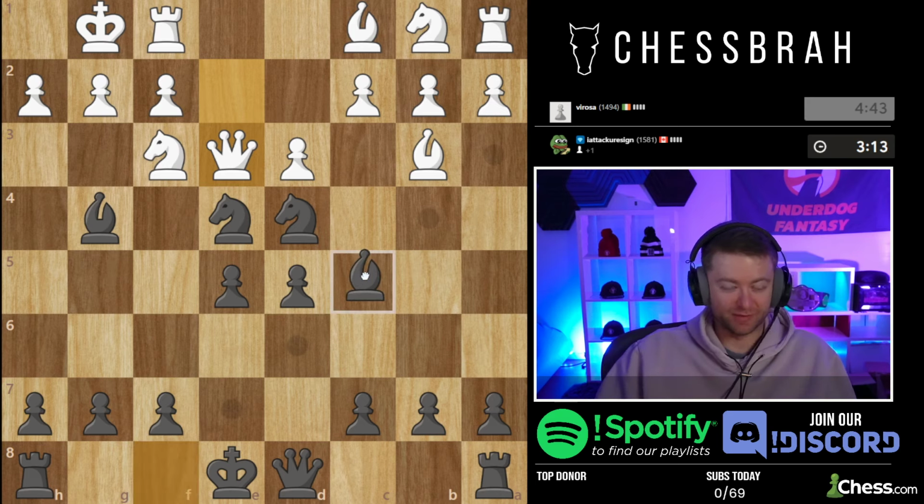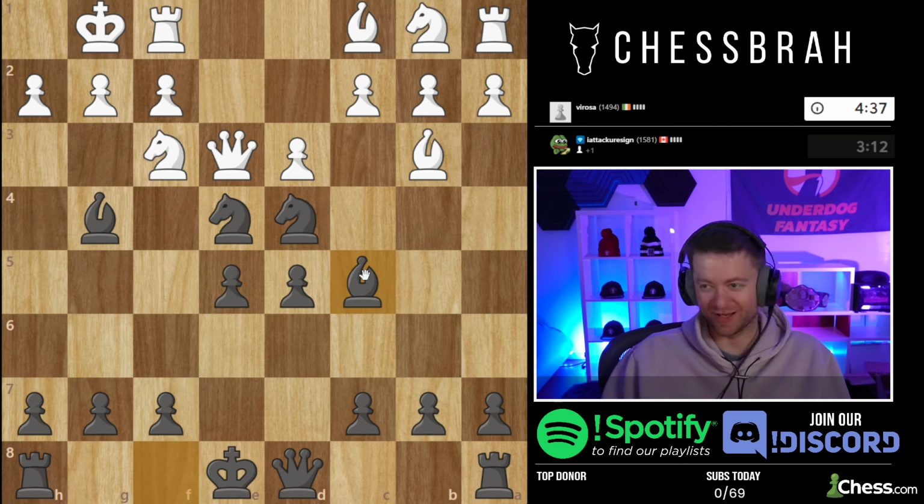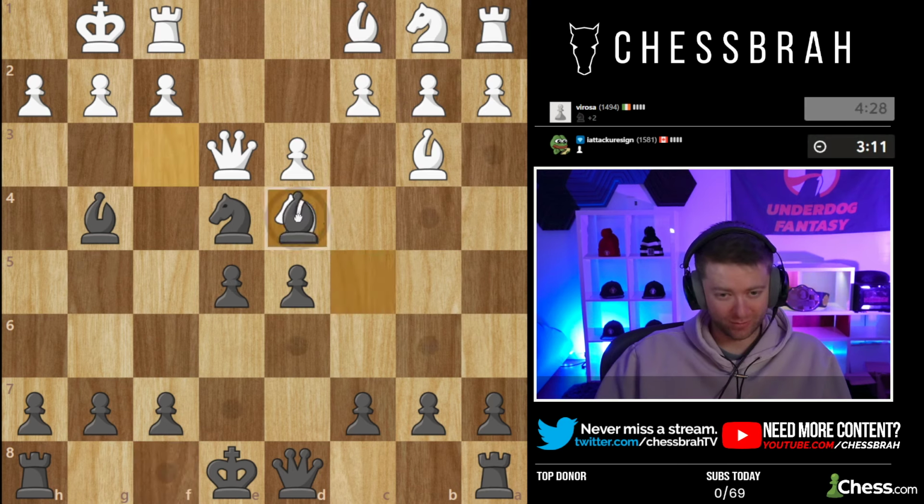Bishop c5 is a very hard move to refuse. I'm just gonna go for this for now. Yeah, it looks tempting to take in a number of ways, but didn't see exactly how to make it work. Like takes, bishop there, queen e2. Didn't quite see. Okay, let's take